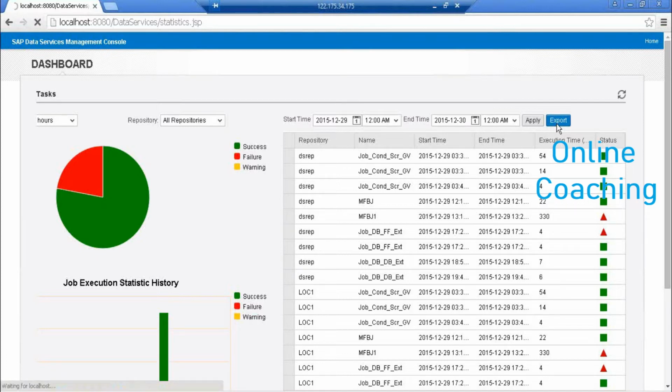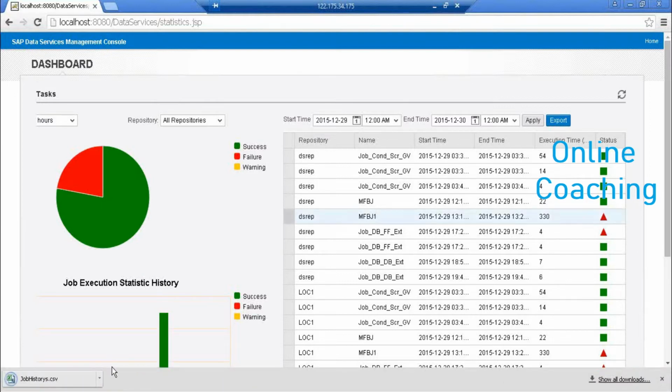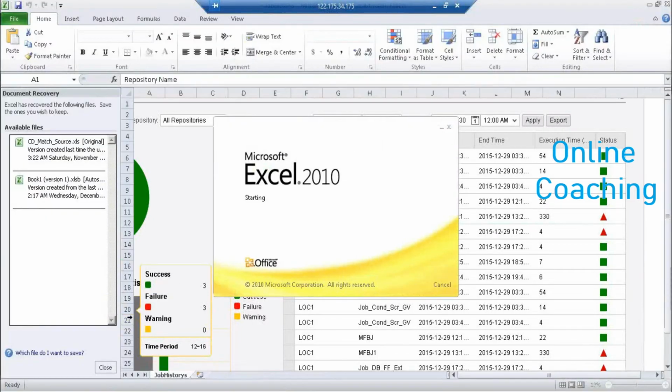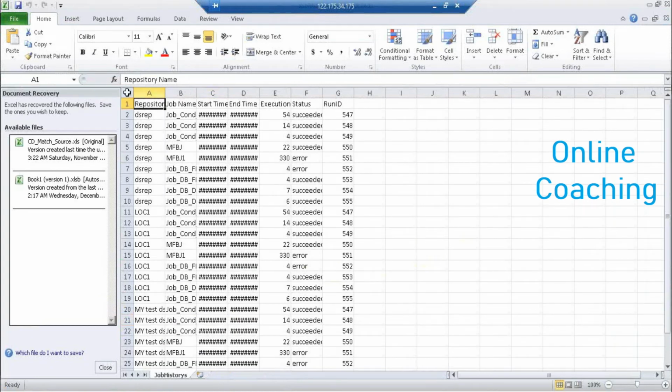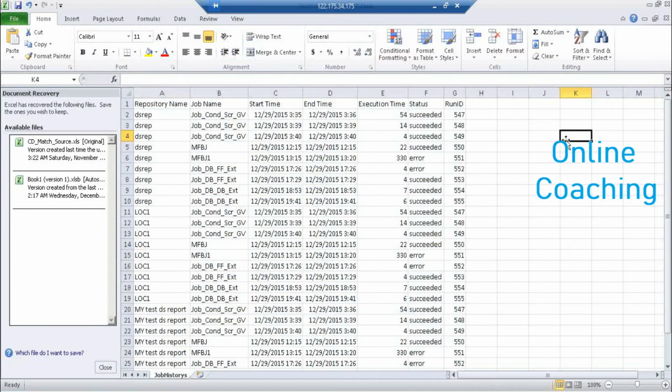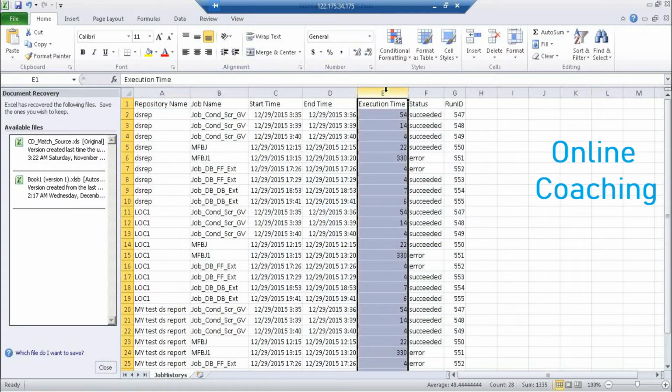Let me cross check, or a PDF. It should be one of these. Yeah, it is a CSV. Now if you export it and open this, it opens an Excel with the statistics of the entire landscape. So you can go and look at it and sort by